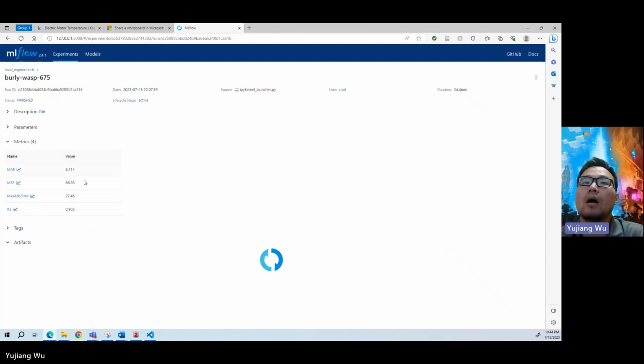So the metrics are logged correctly, and the thing is the artifacts, or the model and the pictures, are not